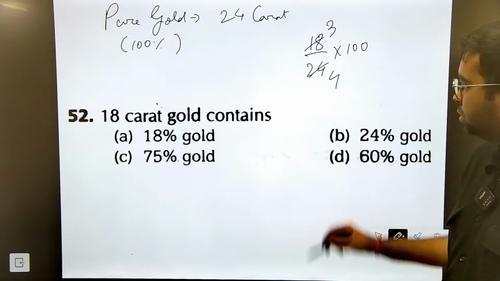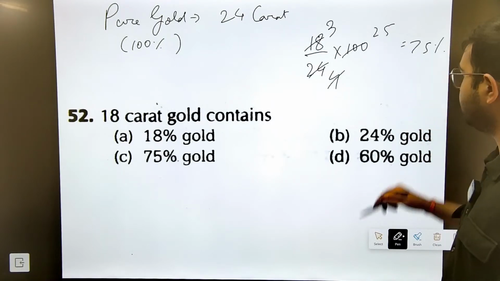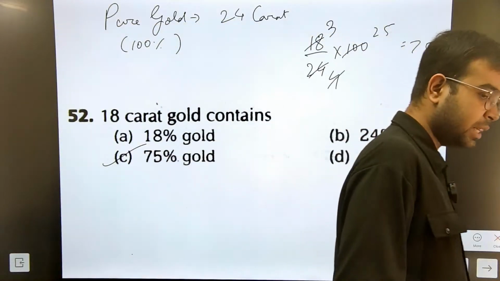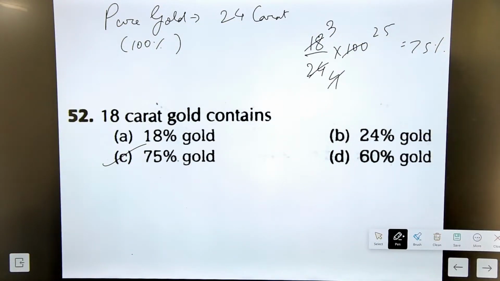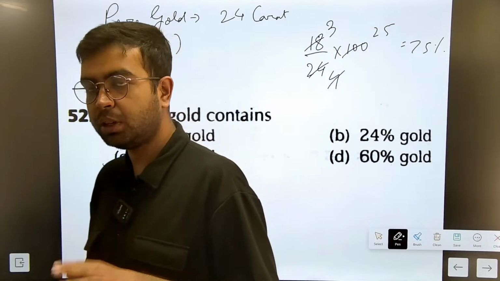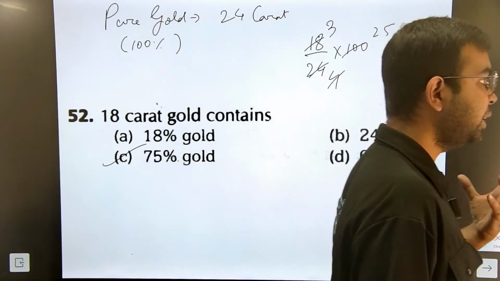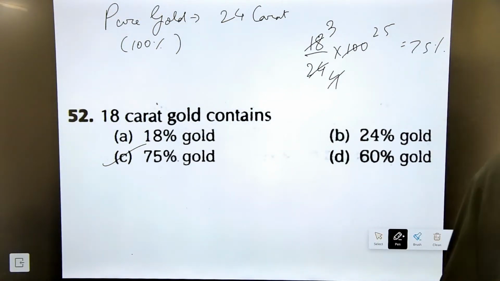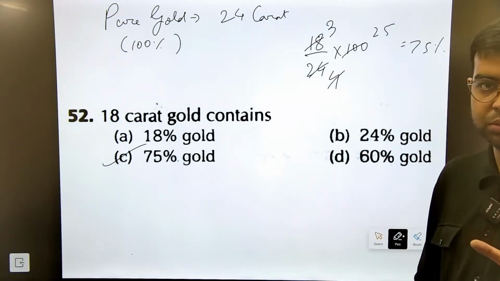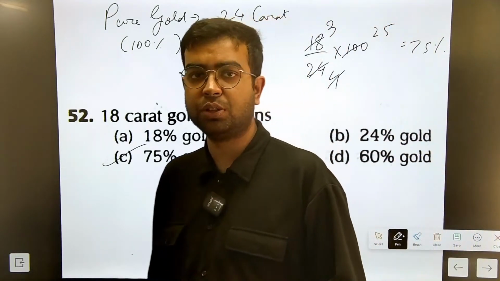Cancel it out, 3/4, 75% gold. Correct answer is option C, 75% gold. And this is something that everyone should know, so that, see, whenever you go to a jewelry shop to buy gold, ठीक है, the shopkeepers sometimes put on any rate of gold on you, कुछ भी बता देंगे। So उस टाइम क्या करना होता है, you should be self aware as a consumer also whenever you're going to buy gold.